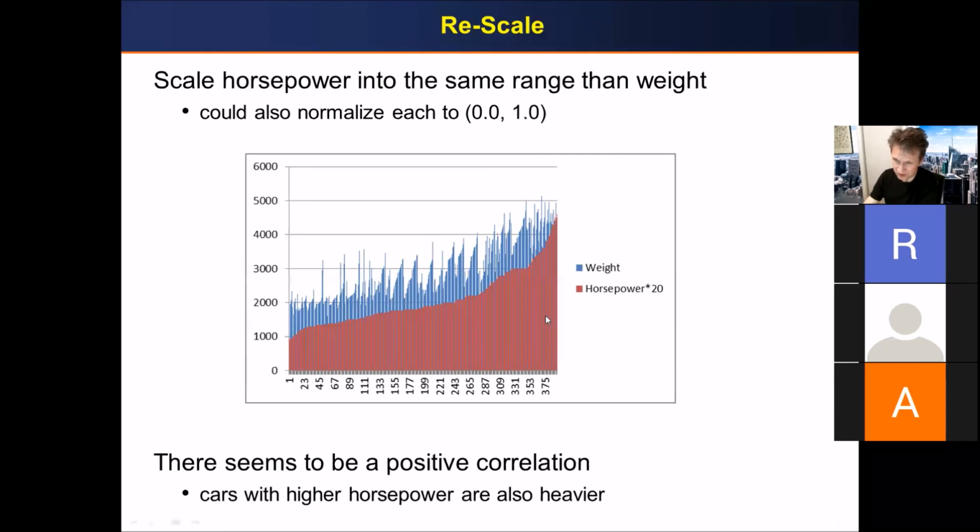So what you can do, you can rescale it, right? So you can basically make them comparable. Use a different scale for the horsepower than for the weight, right? So now you can really see, okay, wow, clearly I can see now that weight is correlated to horsepower, right? So the more horsepower the car has, the heavier the car is, right? So a teeny weeny small car has low horsepower, and these heavy things on the far end on my lot have much higher horsepower,